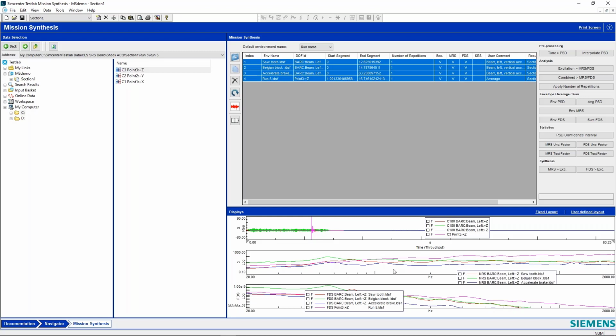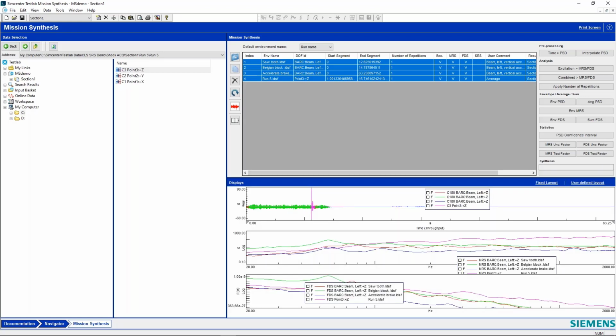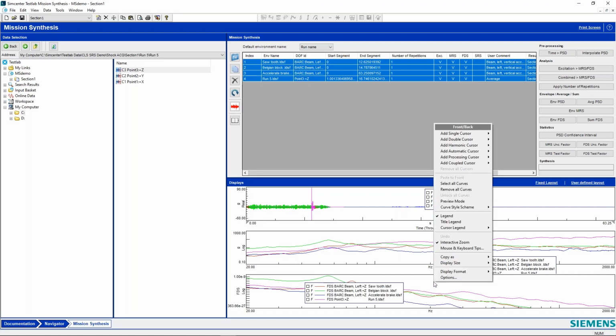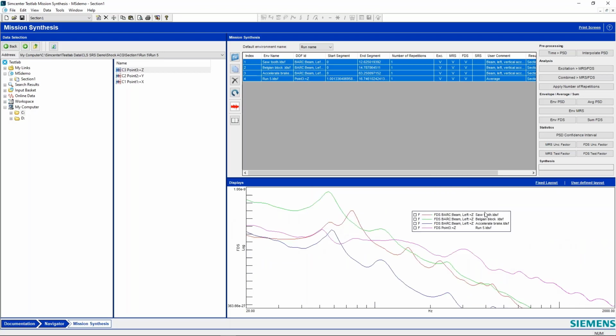Saw you zoom in on one of those graphs, but can you make this area a little bit bigger relative to the top? There's a lot of gray area there. Yeah, so I can come in here and move this up a little so we can see a little more of our curves, and then I can hit Control and right click and display size and maximize all of our different FDS curves as well.